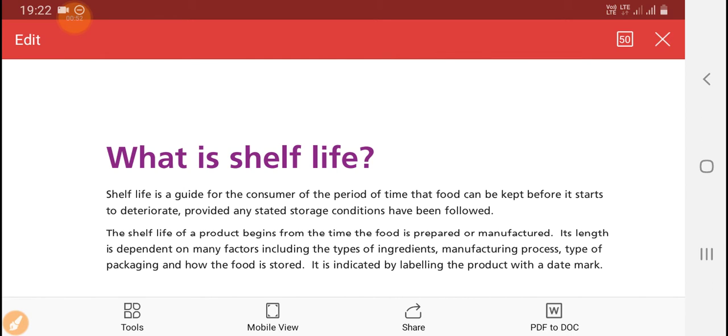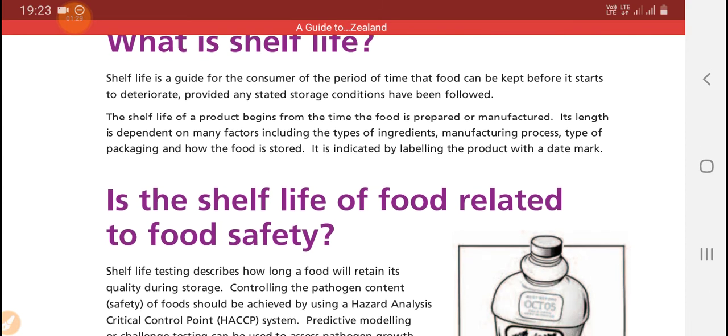And what is actually shelf life? Shelf life is nothing but a period of time within which the acceptability of the consumers with respect to its quality and safety are intact. So the shelf life of a product begins from the time the food is prepared. At the time of preparation only, the shelf life starts,